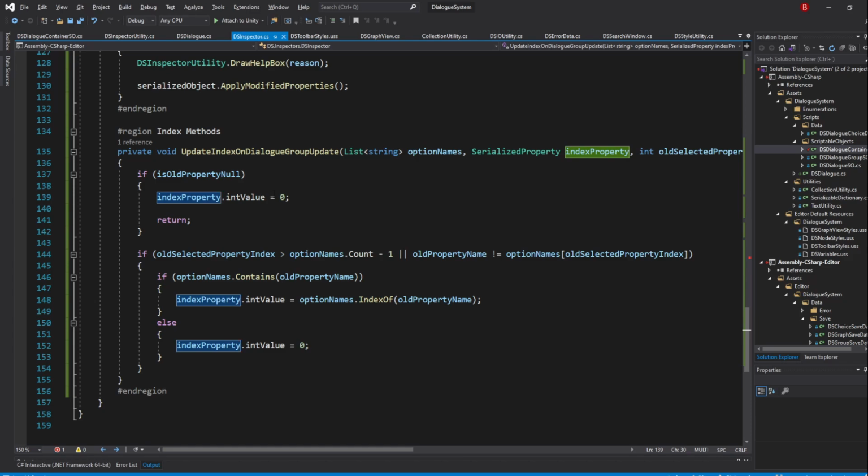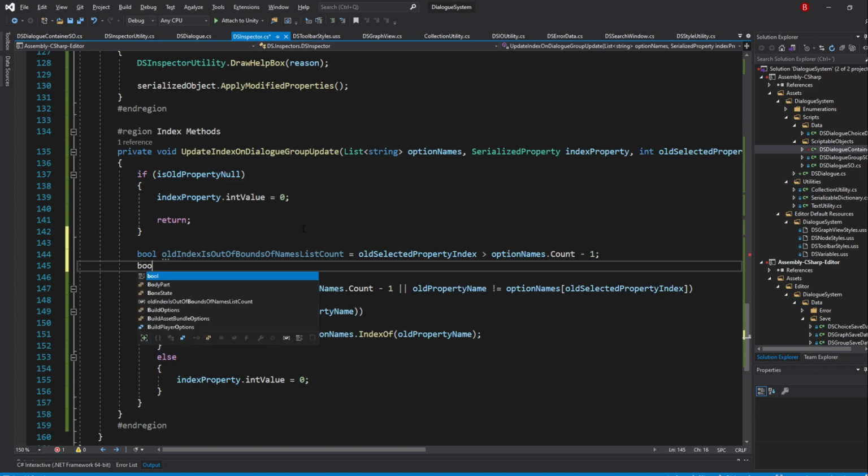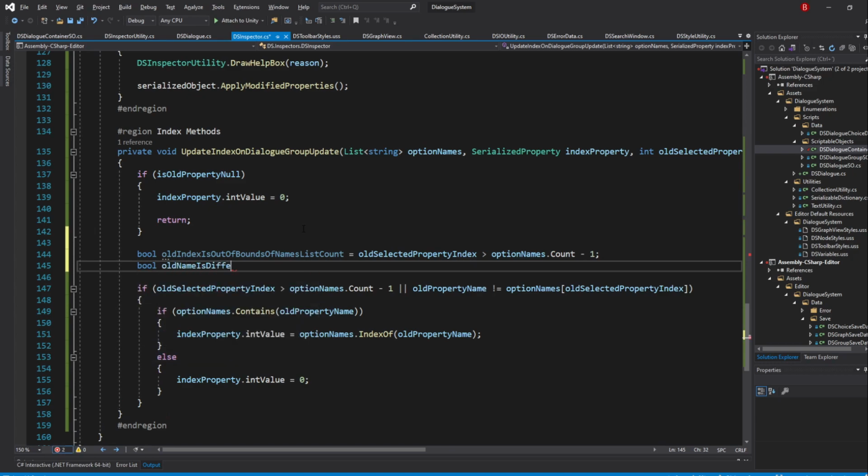This works even though serialized properties aren't by reference, because the property we pass in is a global variable in this script. One last thing we'll do is to add the conditions as variables. So above our if statement, type in bool oldIndexIsOutOfBoundsOfNamesListCount equals to oldSelectedPropertyIndex greater than optionNames.Count minus 1, and then bool oldNameIsDifferentThanSelectedName